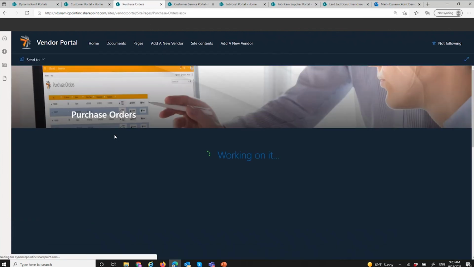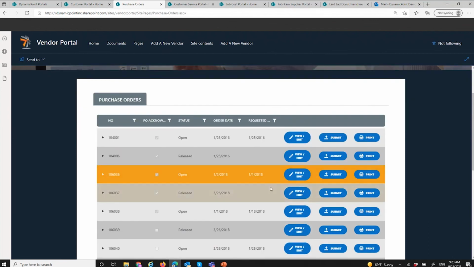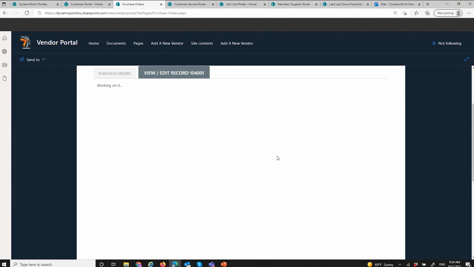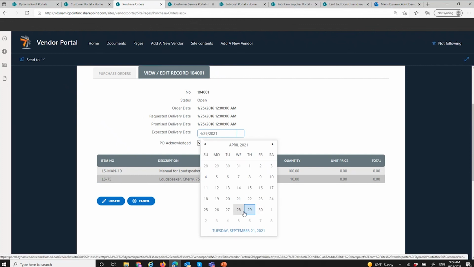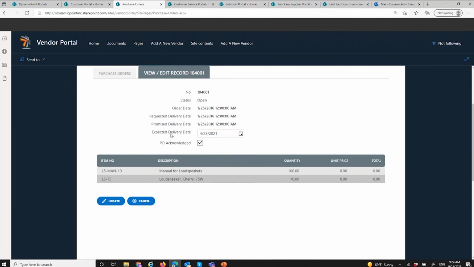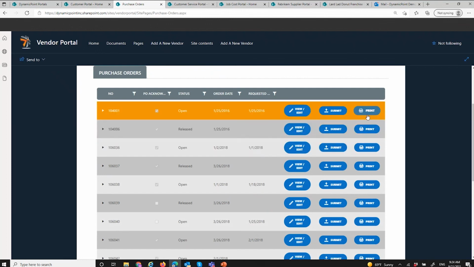Same idea, of course, I'm going to click on that. And it's querying the information, again, in a real-time fashion. And now I'm showing the purchase orders for a given vendor. In this case, I haven't given my vendors the ability to create orders, but I am giving them the ability to update like an expected delivery date as well as acknowledge the PO. So they could update certain information in this case just because I've limited edit access just to a couple fields.